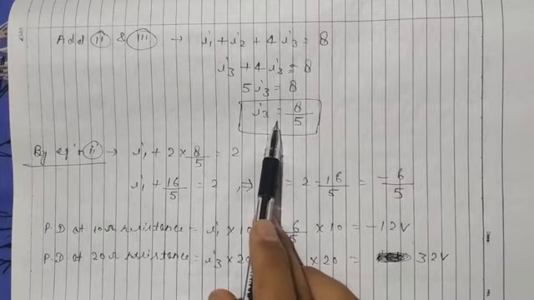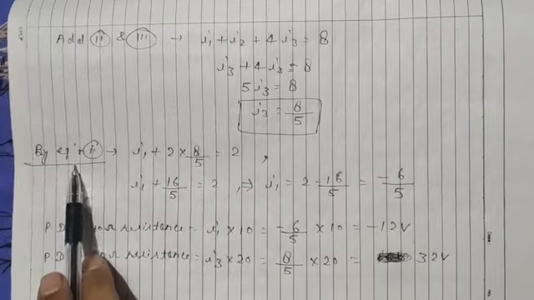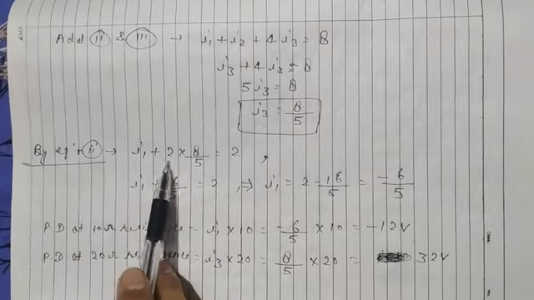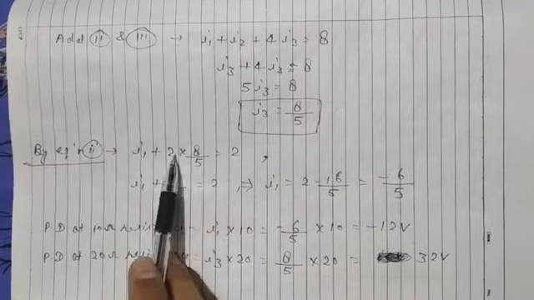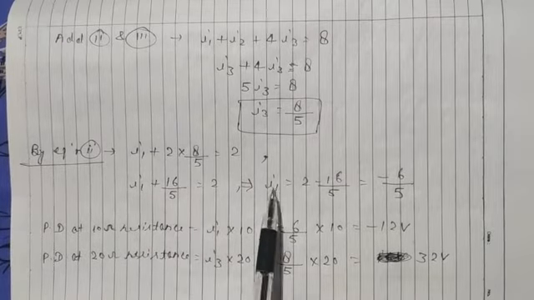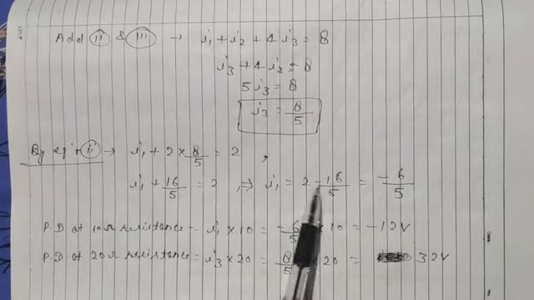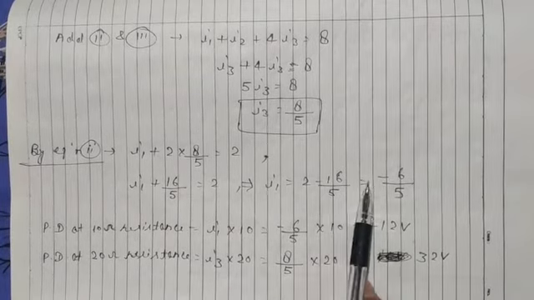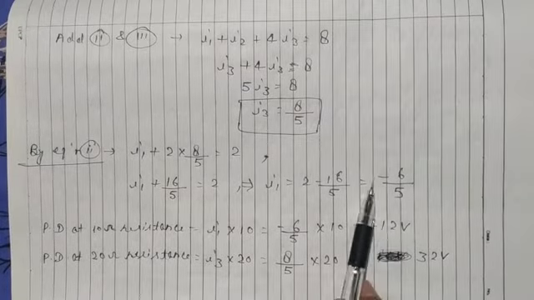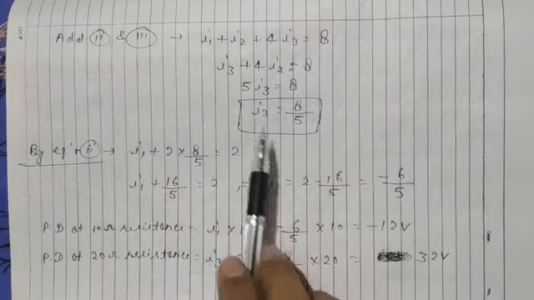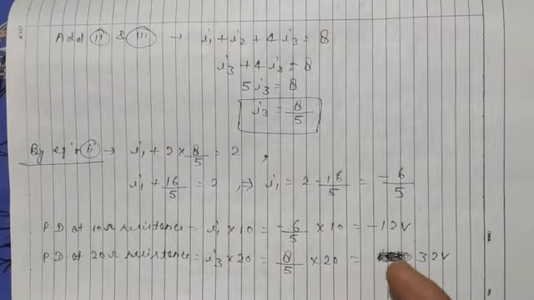Now put the value in equation number second. So by equation second, I1 plus 2 I3 is equal to 2, with I3 as 8 upon 5. I1 plus 2 times 8 is 16 upon 5 is equal to 2. I1 is equal to 2, transpose to the right side, minus 16 upon 5. Solve this and then we find minus 6 upon 5. The value of I1 is minus 6 upon 5. We have the value of I3, the value of I1, and we can also find the value of I2.